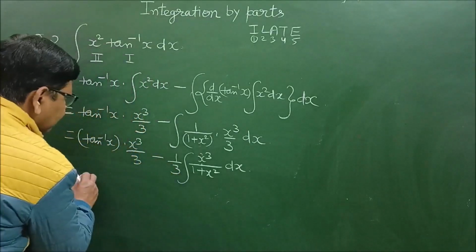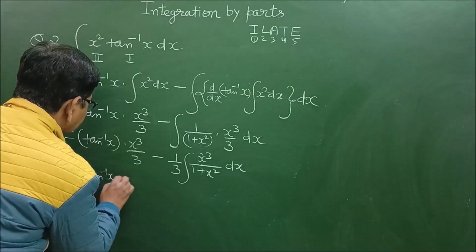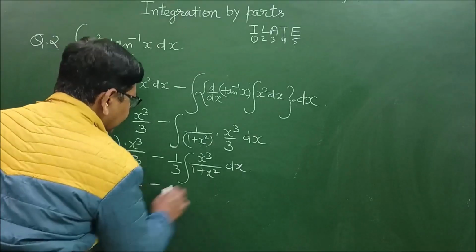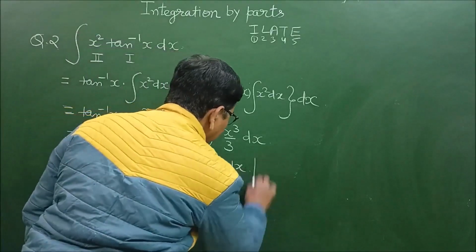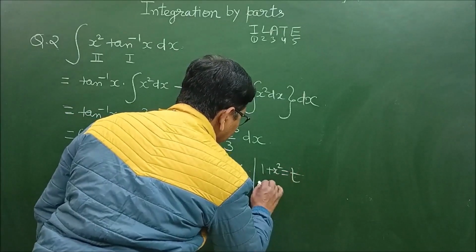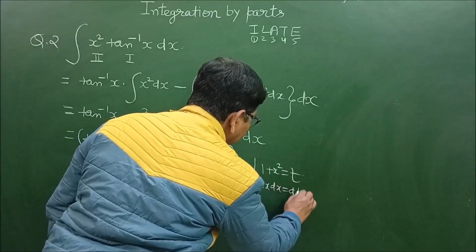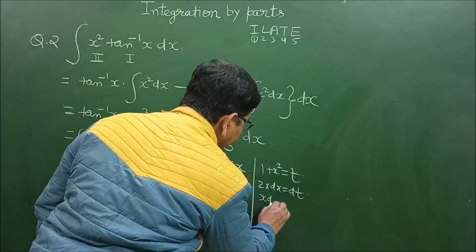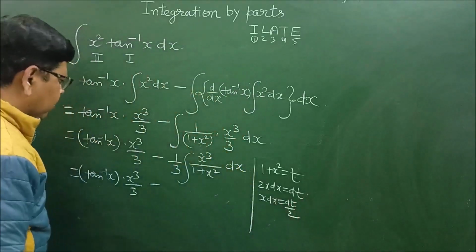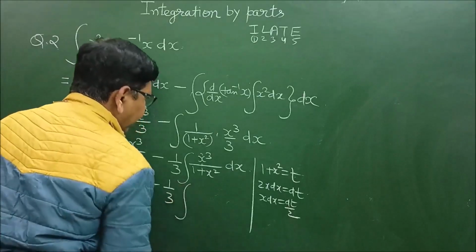So this is equal to tan inverse x into x cube upon 3. Here we will take 1 plus x square equal to t. Then 2x dx is equal to dt, or x dx is equal to dt upon 2. So putting the values here, 1 upon 3 integral of x square